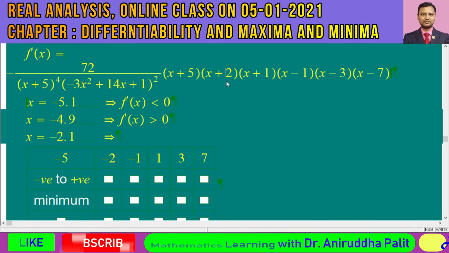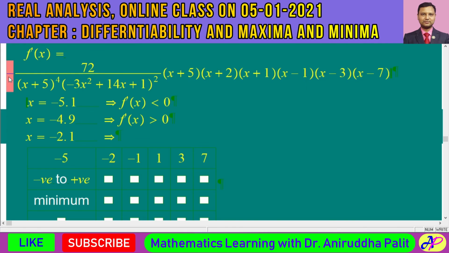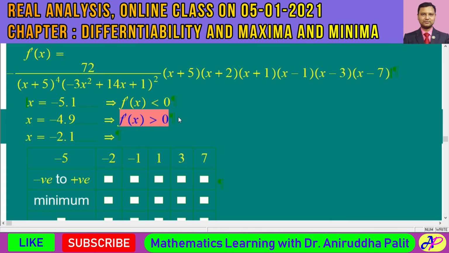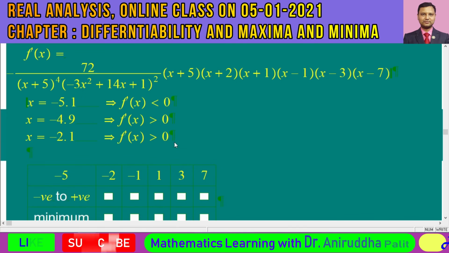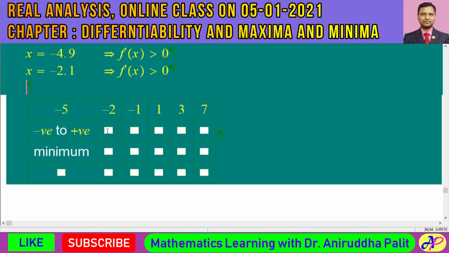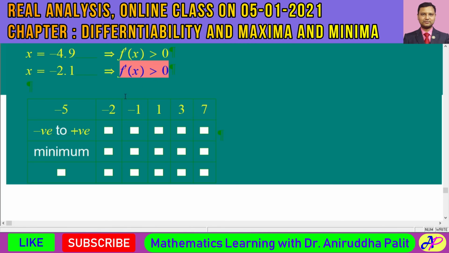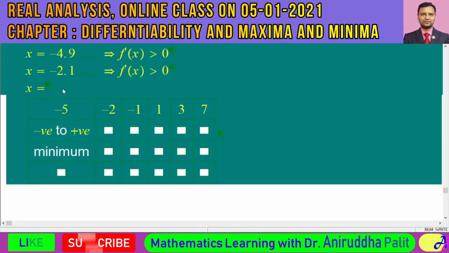Along with that, if we have a negative sign, then similar to this expression, we can say that f dash x is greater than 0. So f dash x becomes positive on the left neighborhood of the point x is equal to minus 2, and again